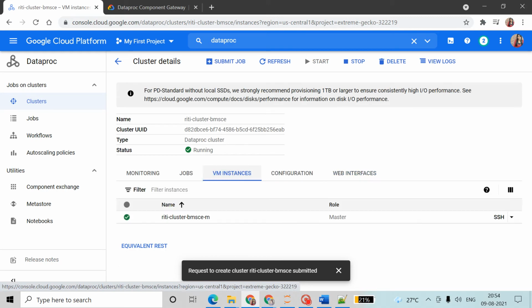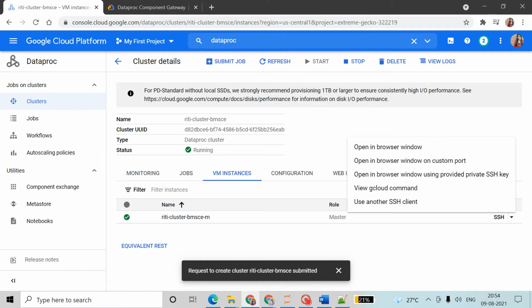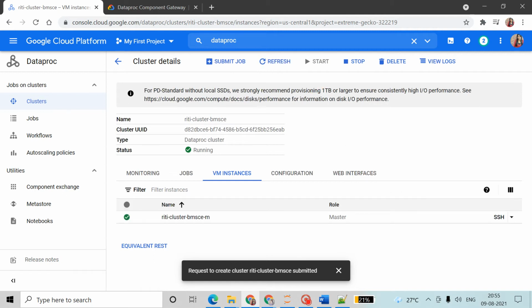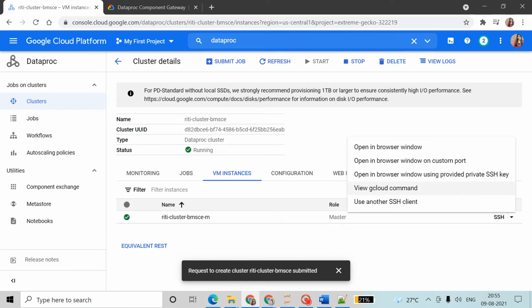So VM instance. Here we have the SSH option, and here we have 5 options. Open in browser window means you have to work in your browser window. Second is open in browser window on a custom port. You can customize your port also.